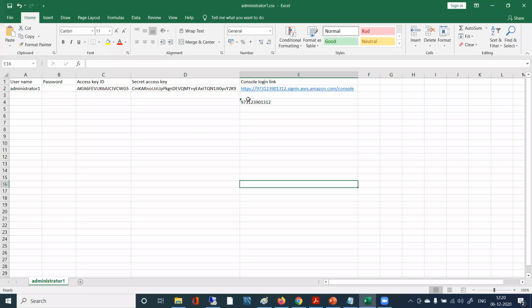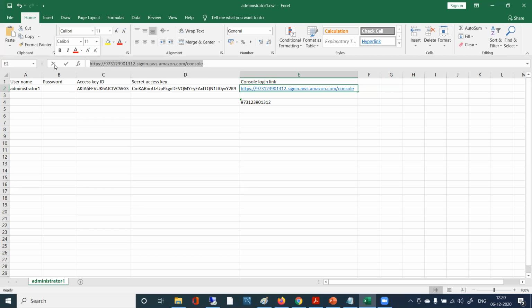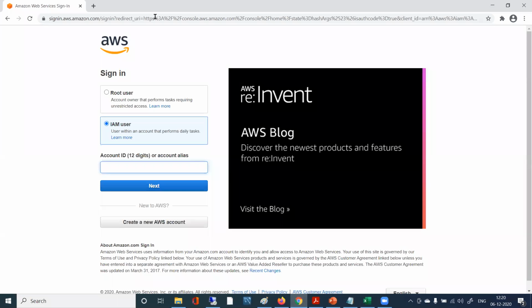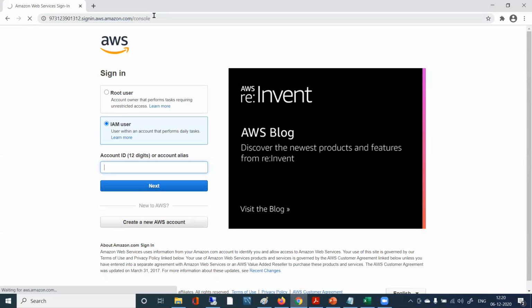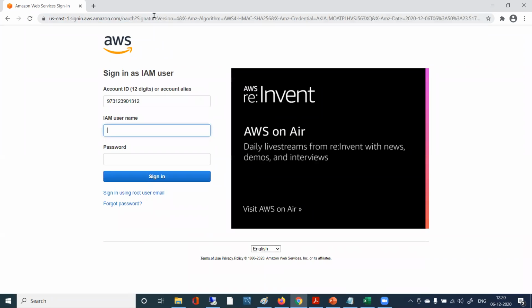you can simply take this link. You have this link, right? Just copy this link and then go to the browser. In the URL section, simply paste that link and press enter. You will see that your account ID is populated in advance. See, the account ID came automatically